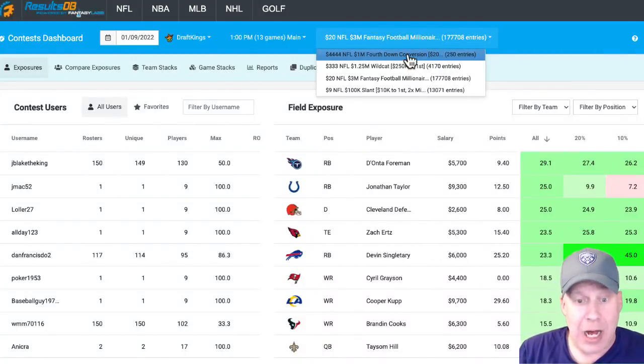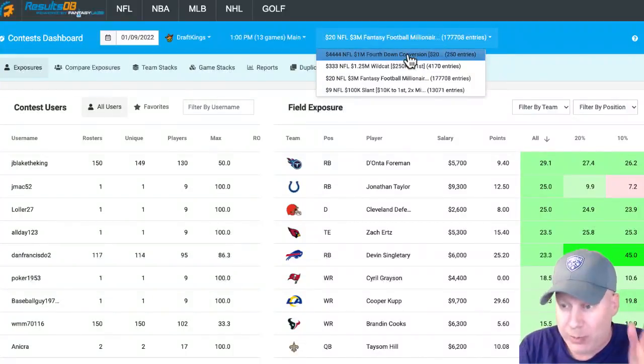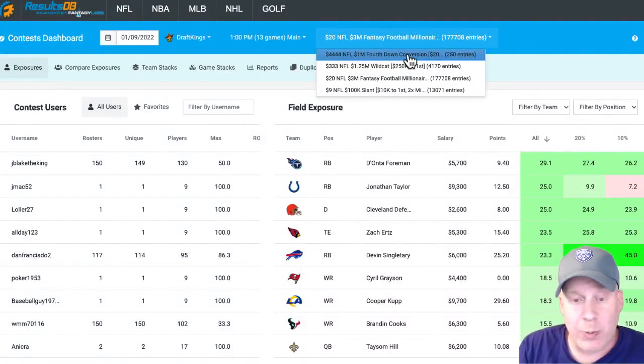Once the contests lock, typically information is updated within 15 minutes or so as the contests go on. Obviously, as the games lock, you will not see exposures from the games that have not started yet. But if you're used to the results DB that we previously had, those update times are now speedier. So once all the games lock, you could even look at everything the night of those contests. I typically do so in the morning when I'm reviewing yesterday's slate,